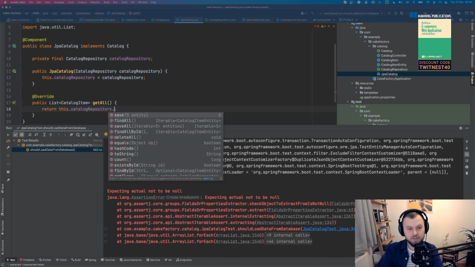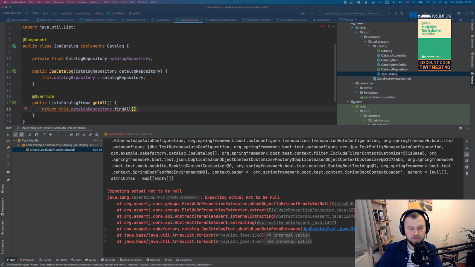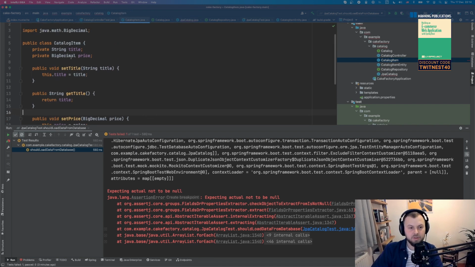It's important to mention that the data format is different, right? The catalog contains entities, and my business domain contains business entities, basically. In my case they look the same, but they don't have to. Normally, when you have something to display like a view model, you don't want to pass a price as a BigDecimal. You want to format it somewhere, and then render it as a string.